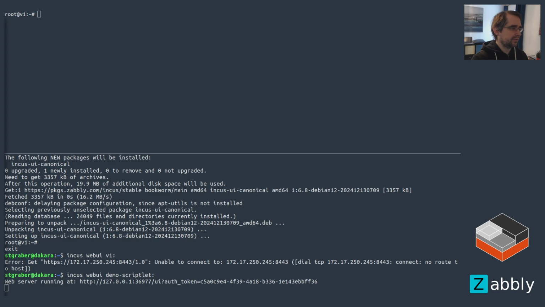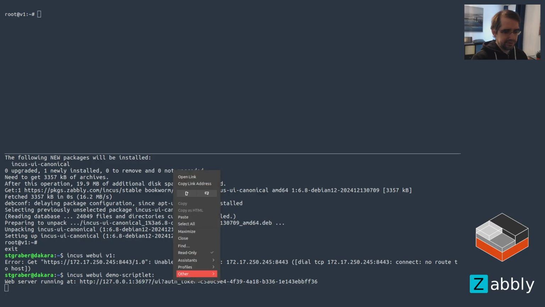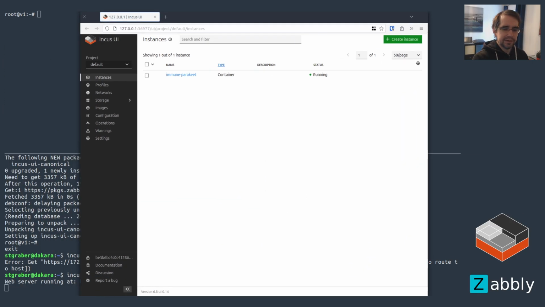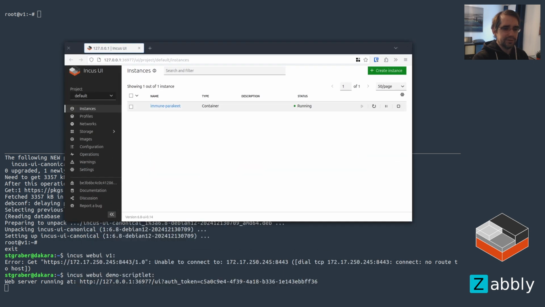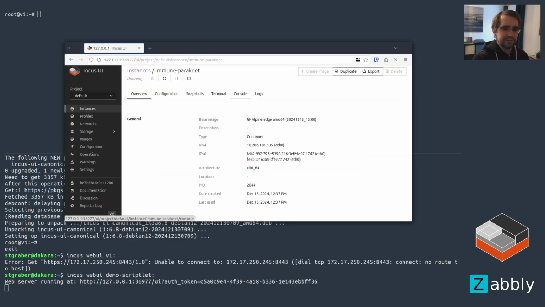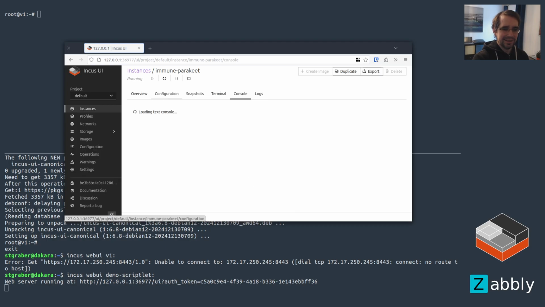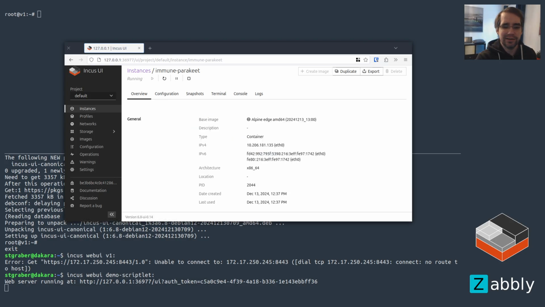Let me just show you what showed up in the web browser. So if I actually grab that URL and dump it in a web browser here, okay. So here we go. We get to see the web UI. The problem with the UI is that it's very easy to get a console. You literally just click and you immediately get into a console or into a terminal, which is obviously a bit of a problem in this case since it would immediately disconnect whoever is connected. So that's a bit of an issue, and that's the reason why